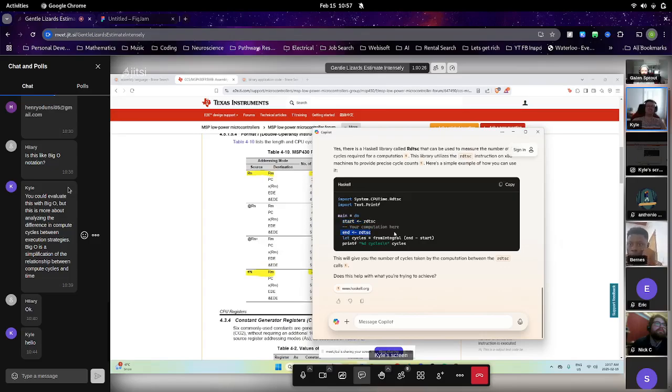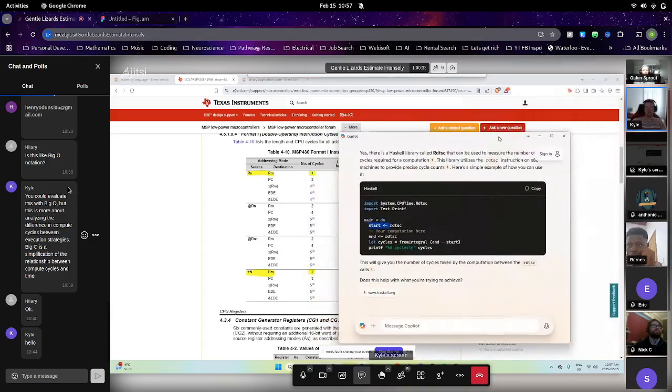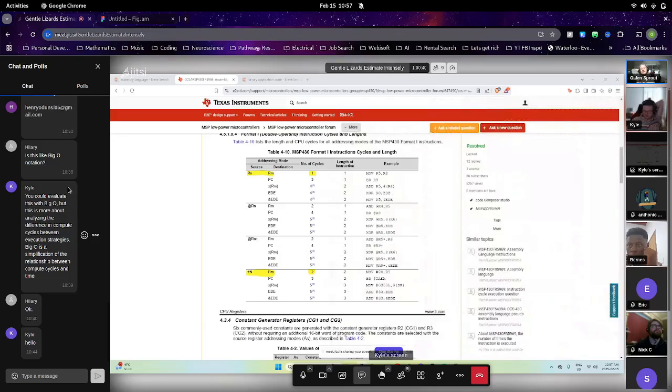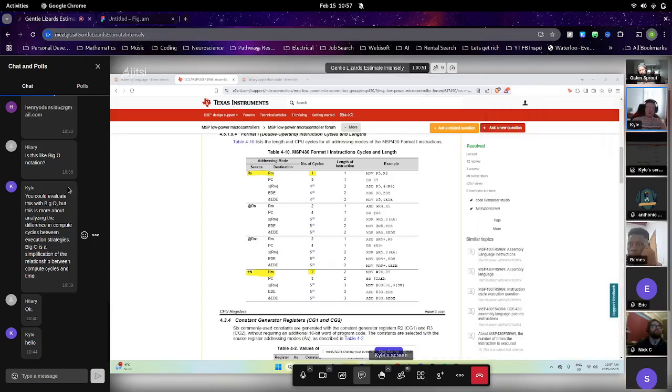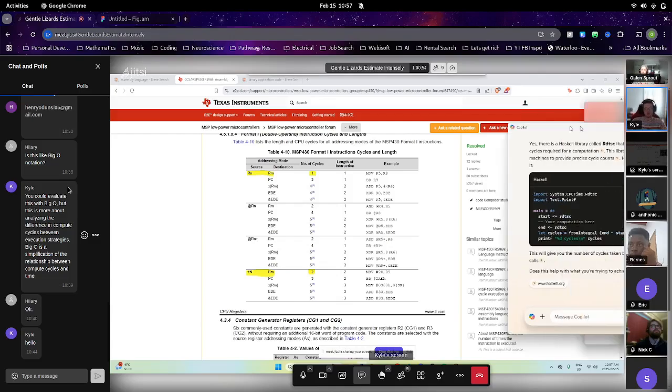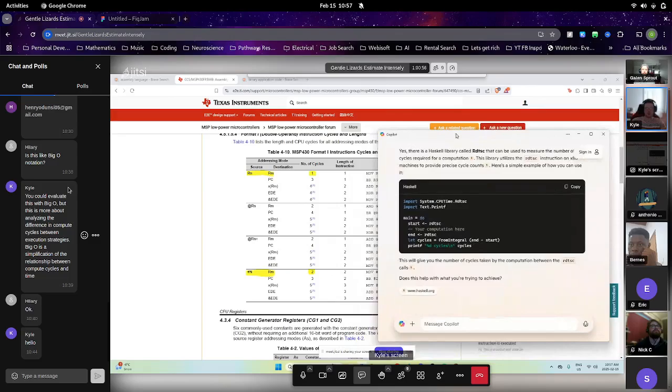Sorry, I love Haskell. Everything in Haskell just comes down to like 2 lines of code when you get these really smart library developers. There we go, just start it and end it. There are very focused effects. So all of this to say, there are high level libraries to calculate this. But for example, if you didn't really know about compute cycles, then you wouldn't know to ask this question. And so that's why understanding the lower level can help you.